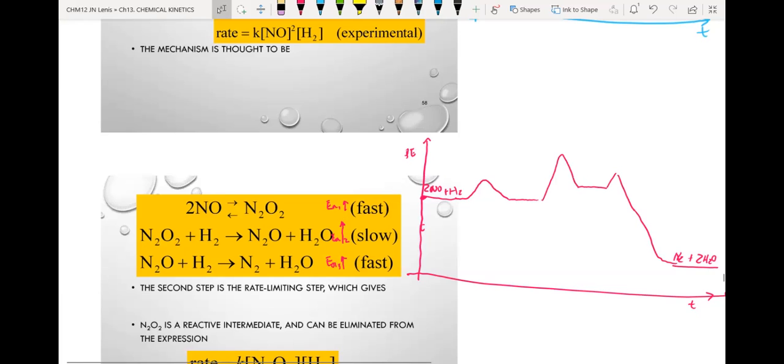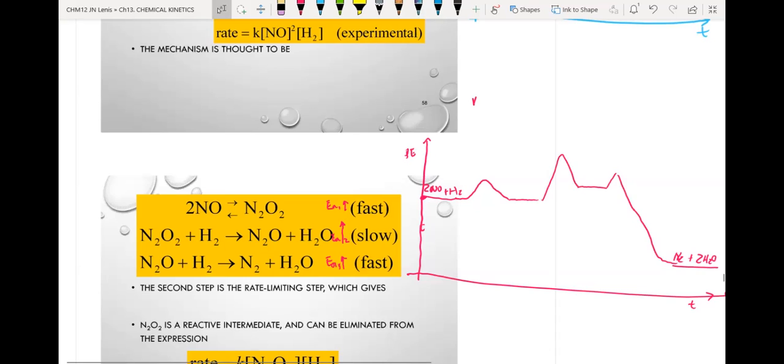And then finally the product. So it's a 3-hill potential energy diagram that corresponds to a 3-step mechanism. Here, the first step shows the collision between 2 NO molecules. If you see the rate here,